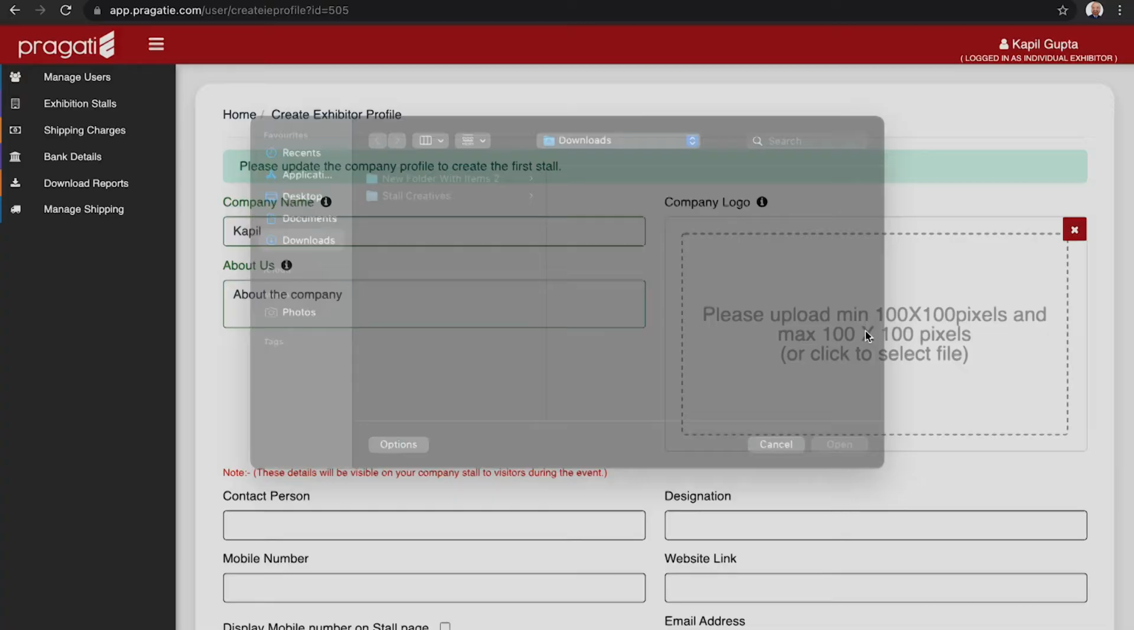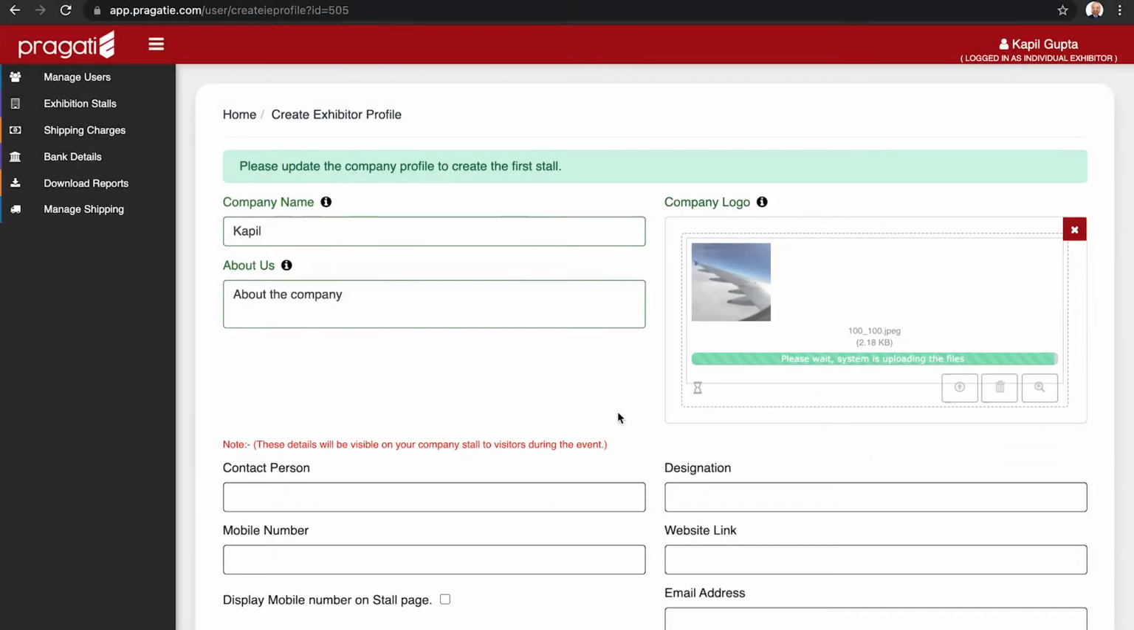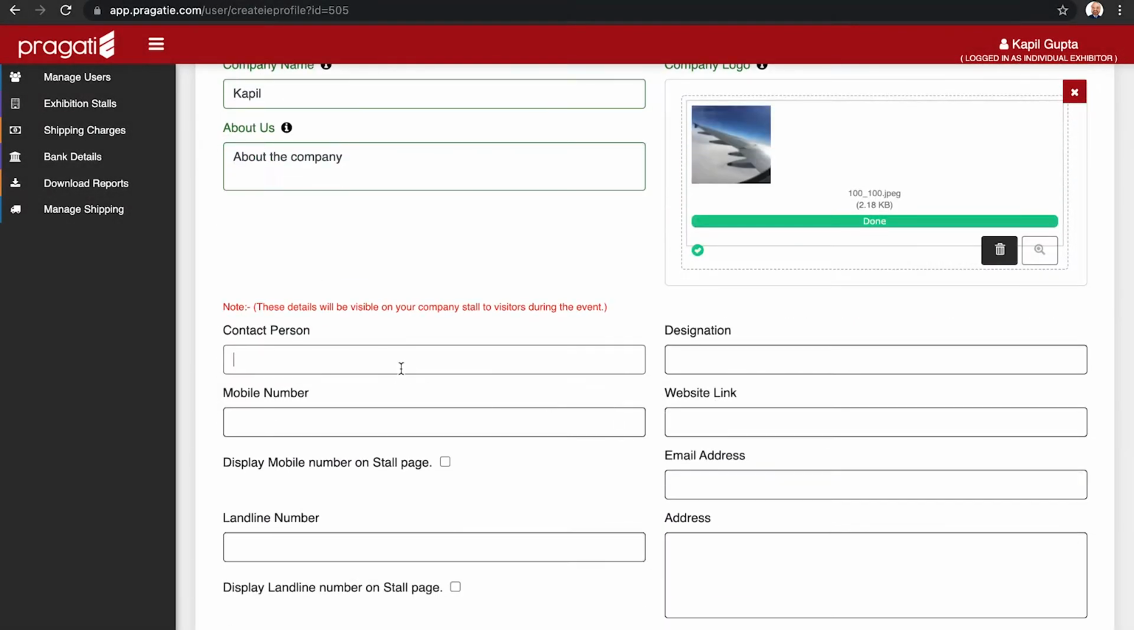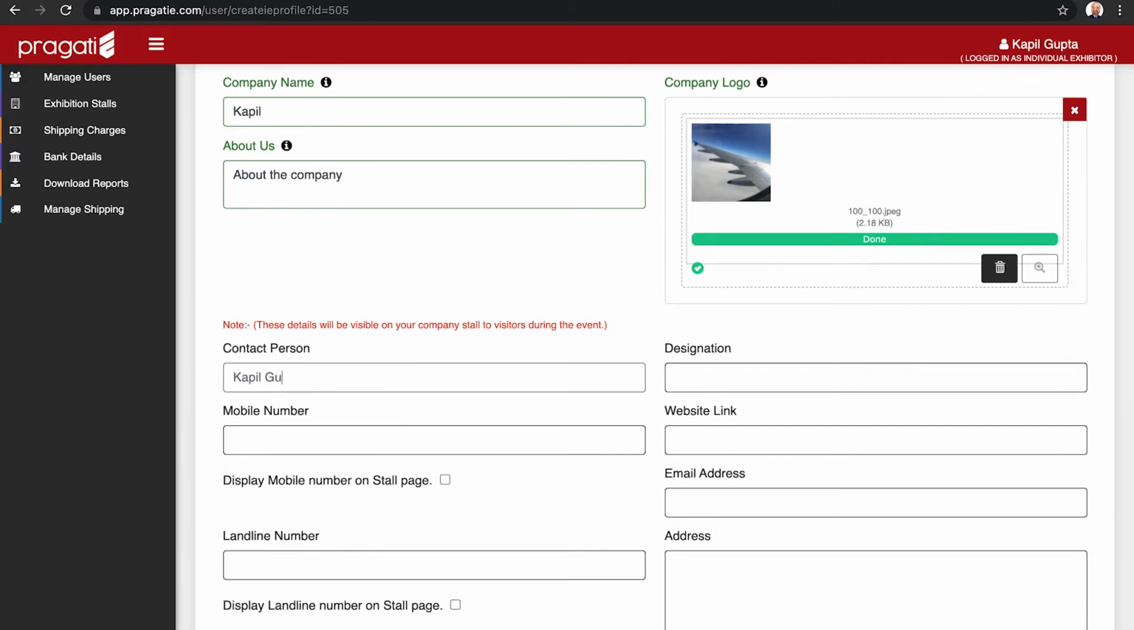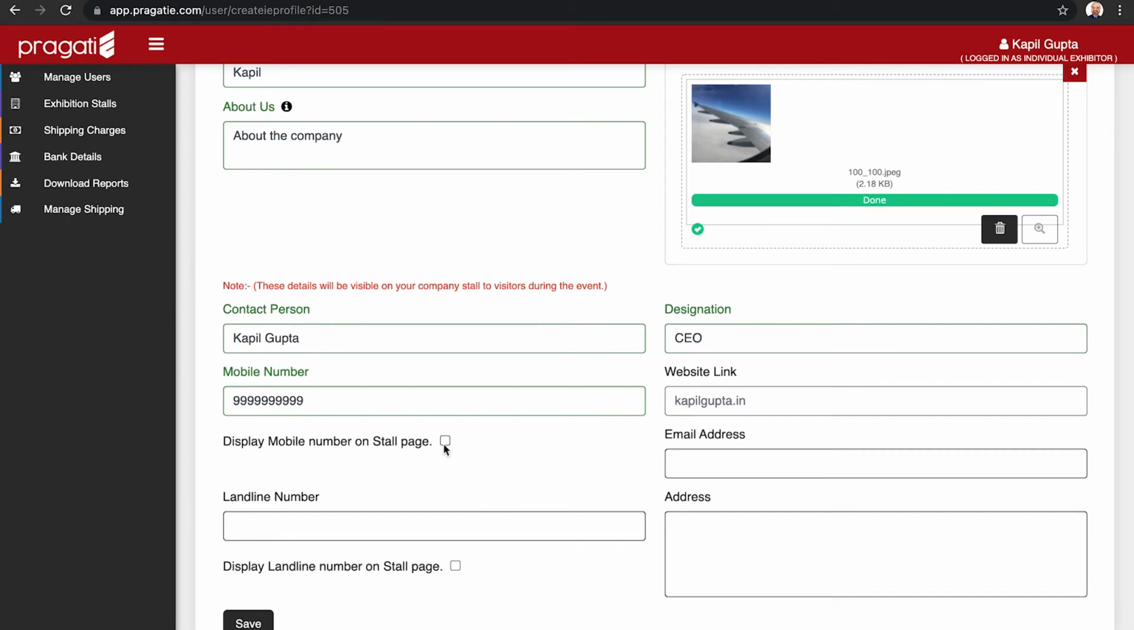then upload your company logo in 100 by 100 pixels. Once you have uploaded the logo, put in the details of the contact person, put in their designation, put in their mobile number and put in the link of your website. Once you have done that, you can also choose to display your mobile number on the stall page, so you